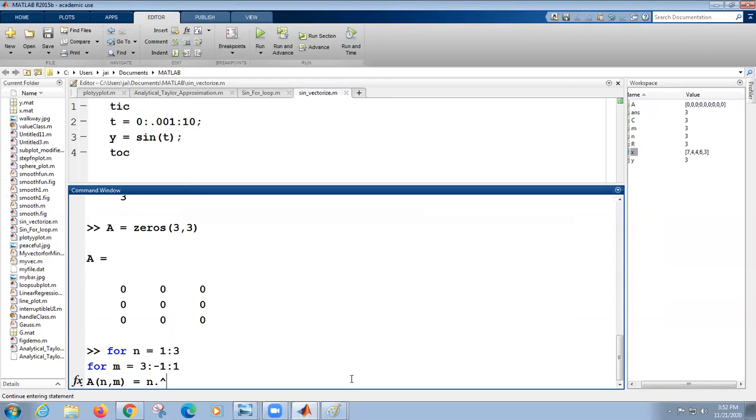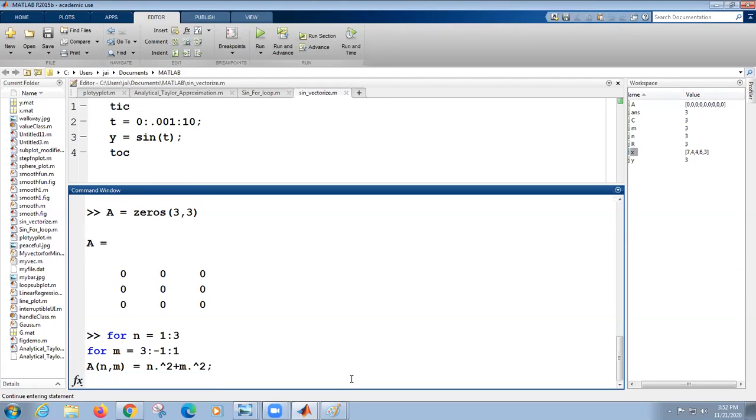This is not CRR word, this is caret. When I use dot there, the meaning is we are in a vector of elements, and each element we are squaring. Okay, that's the meaning. n square plus m square. That's it. Very simple program, right?